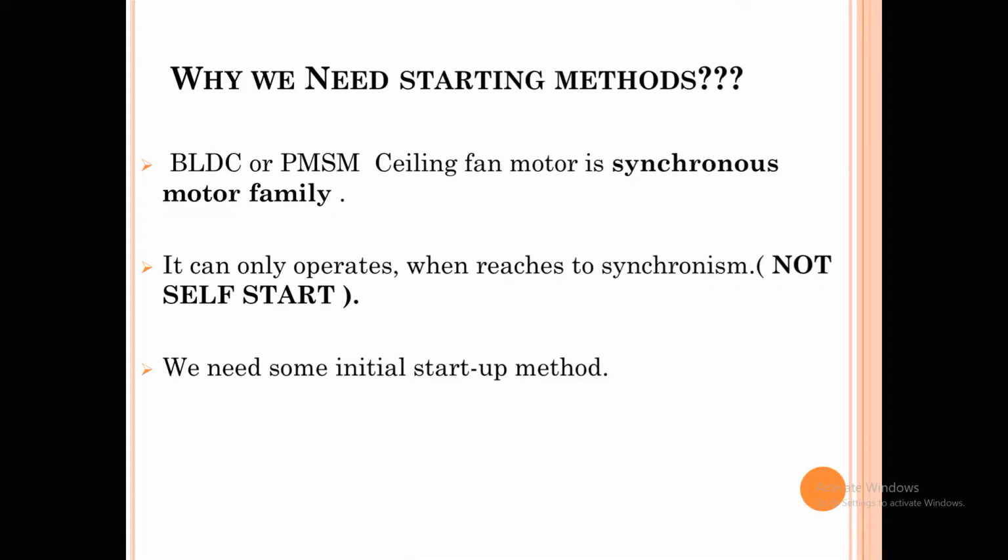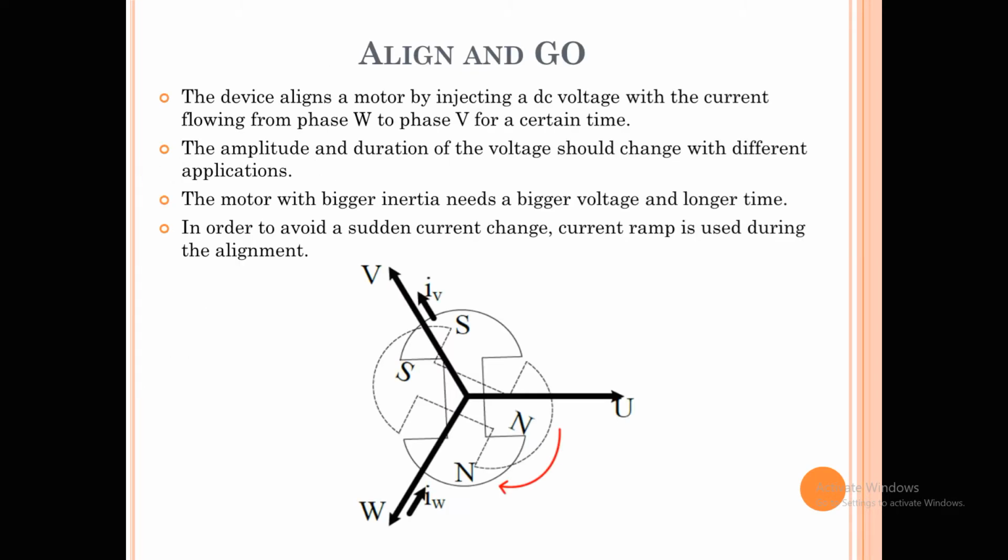First, we discussed why we need to start the motor this way: these motors are not self-starting motors, so we need a way to start the motor from the rest position. For that, there are two different methods available. The first is the align and go method. We inject a certain initial current, a certain DC voltage, into the motor for a certain time duration, and the motor aligns in some direction, either forward or reverse. Based on that, we start the motor. In some cases the rotation looks awkward, so to start the motor perfectly we need to go for the PHD setting.